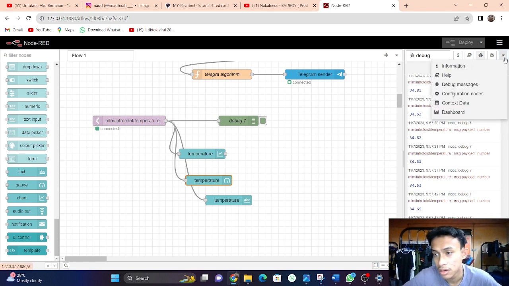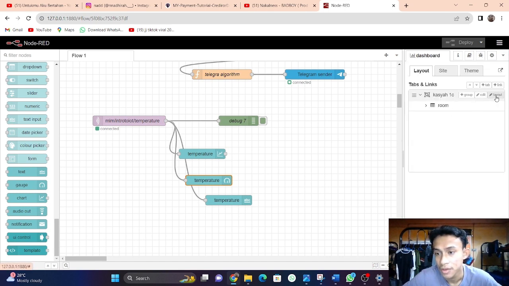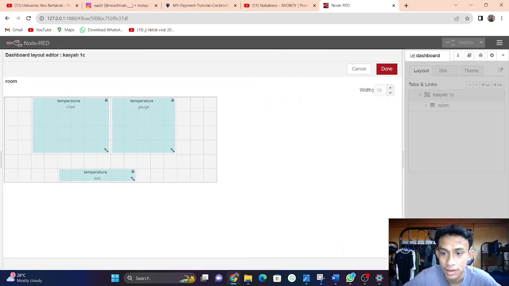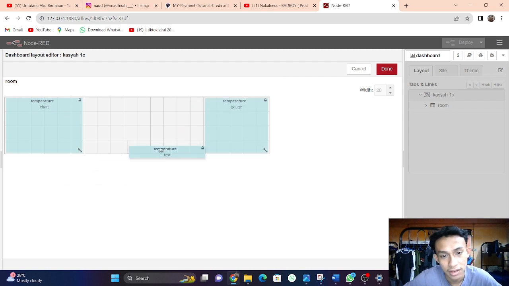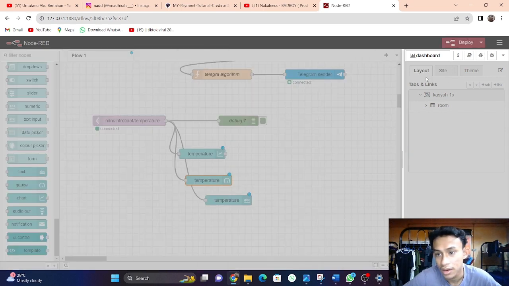First, we click the triangle, click dashboard, and then we set the layout first. Okay, click the layout, and I set the layout width 20, temperature at the left, and the right is gauge, and at the middle I put the temperature text. And today, after we are done setting, click done, deploy,